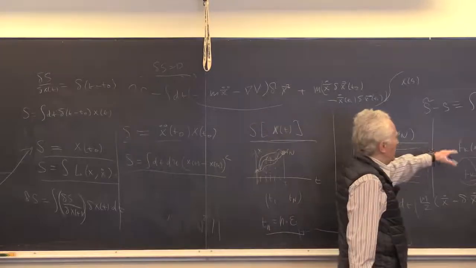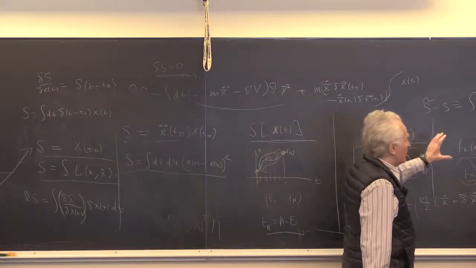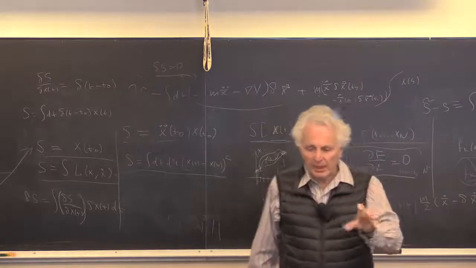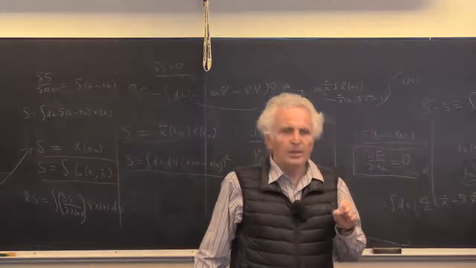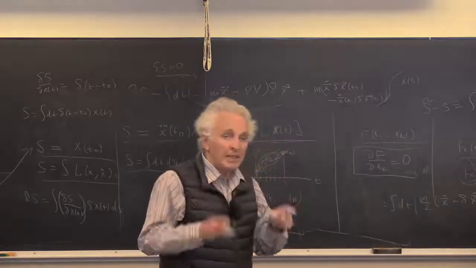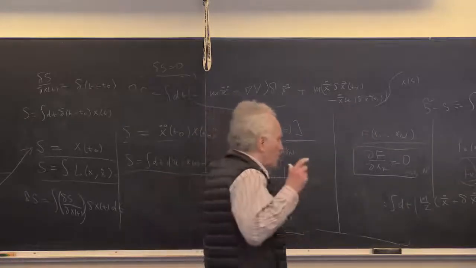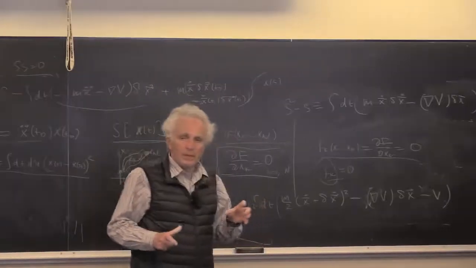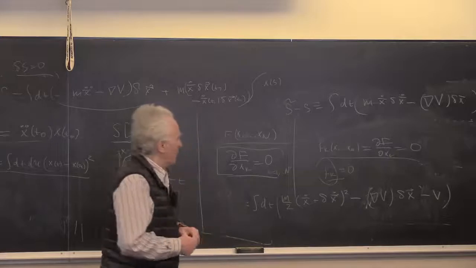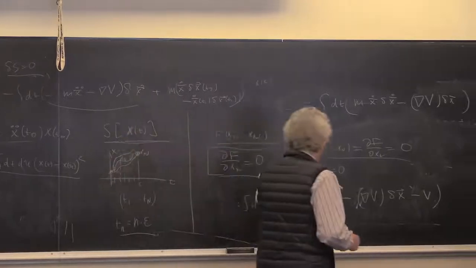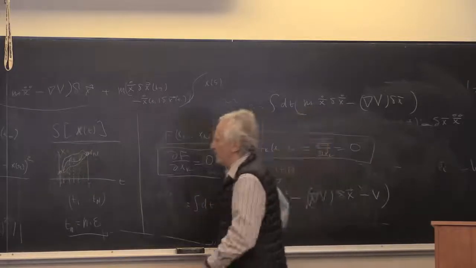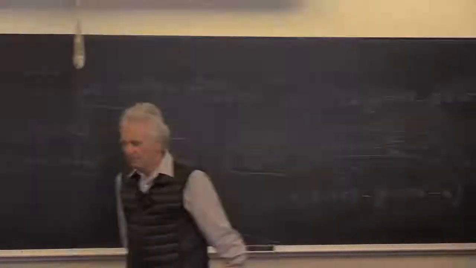But what I want to stress now is that it's a huge amount of information. The statement that the system is derivable from the variational principle by itself contains very powerful information. It's a highly non-trivial fact about nature. Well, we will see next time how it works in various practical problems. Let's stop here.